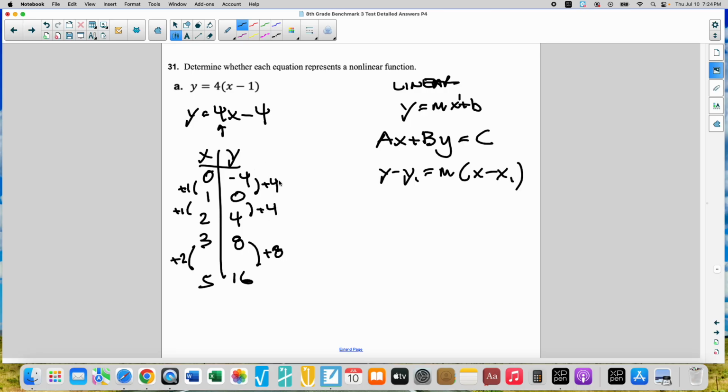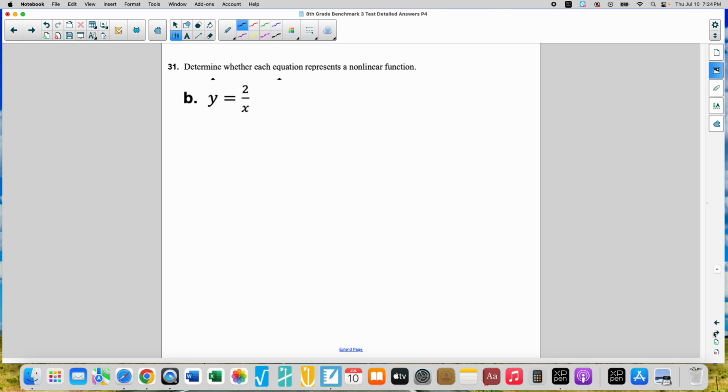So if we do the slope 4 over 1, 4 over 1, 8 over 2, which still simplifies to 4. So that's a constant slope. So yes, this is linear. This is a linear equation. This problem, notice how I had mentioned about the variable x, it's in the denominator. And so nonlinear